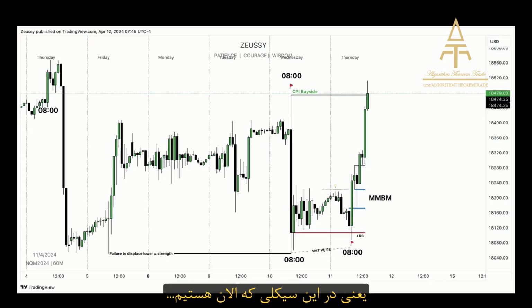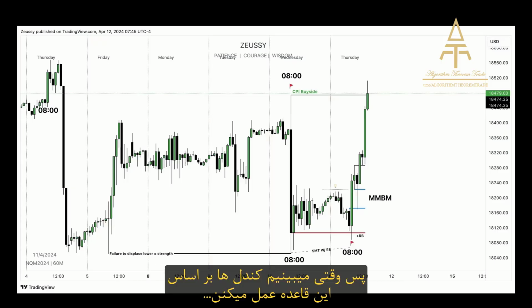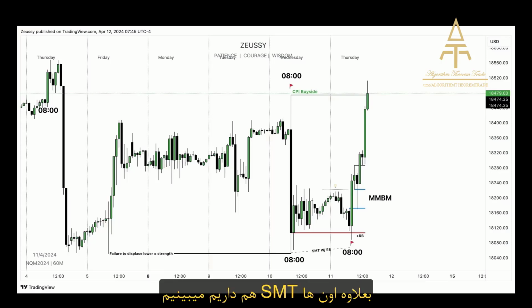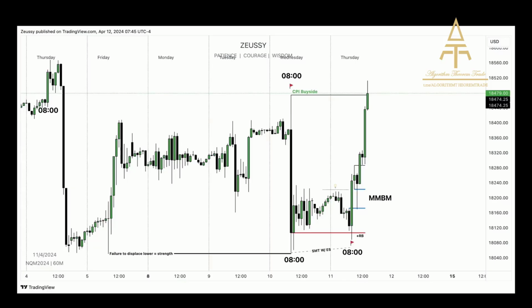What does that mean? It means that during our current time cycle, our current hourly candle, price is referring back to the previous hourly candles that are of the same time. So when we see that those candles are reacting in a certain sense to a previous candle of the same time cycle, plus we are seeing SMT, plus we are seeing whatever confirmations we want to apply, we know that a reversal or expansion is likely to occur next, where we're going to see the order flow change from bullish to bearish or from bearish to bullish, of course. This is what we call TEPTA.